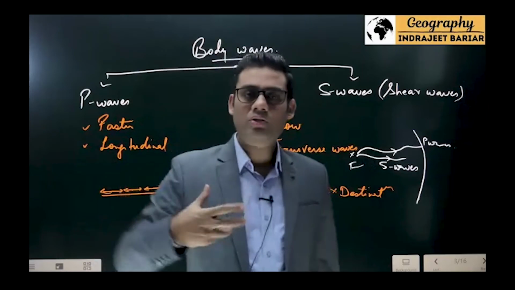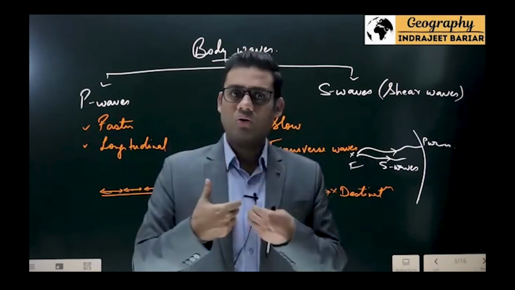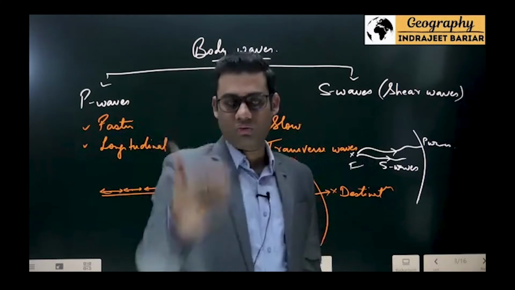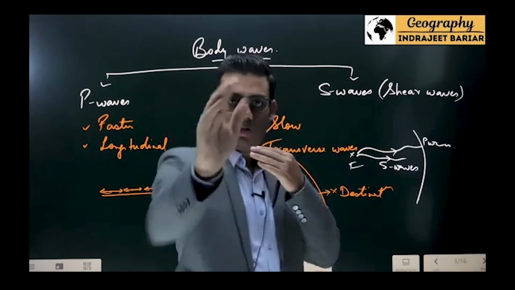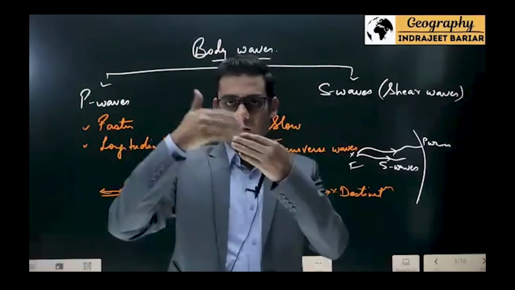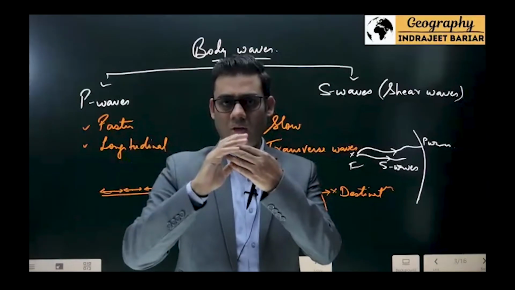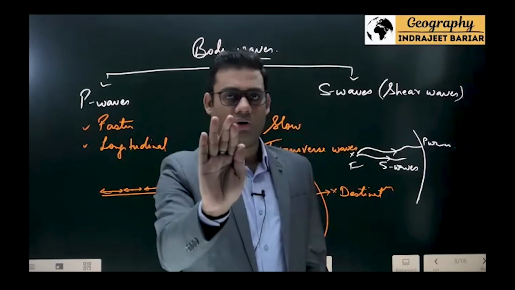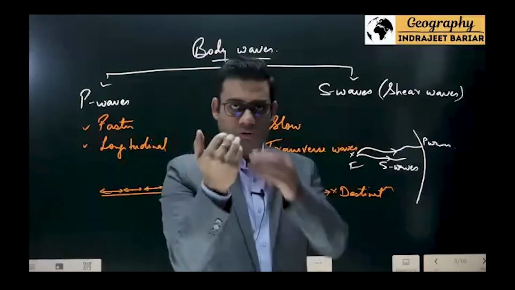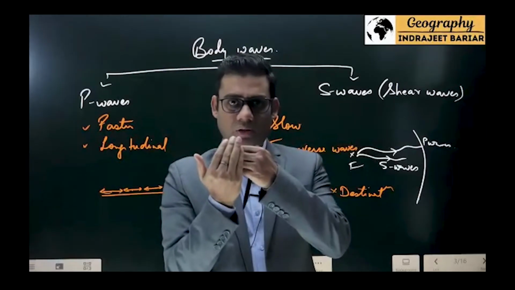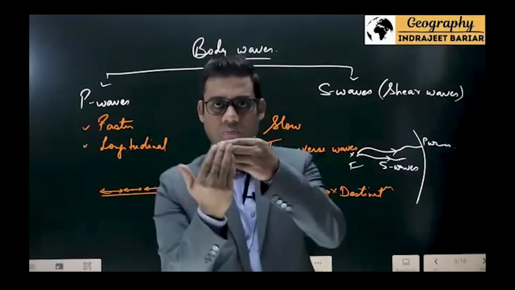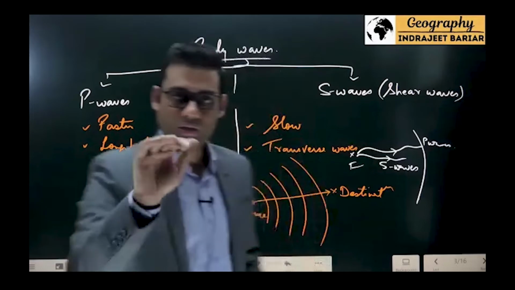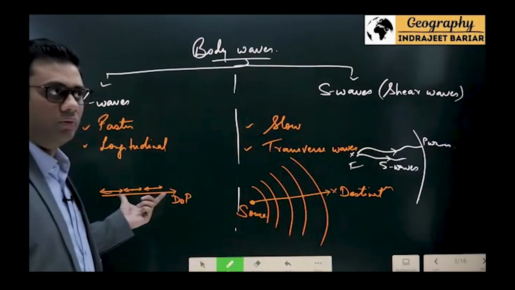So take for instance sound waves. I'm standing over here, there is this camera, I'm speaking, and the sound is reaching over there, let's say you. As I speak, the sound reaches you; this is the direction of propagation. How is the air vibrating? When I speak, the molecules of the air are pushed forward, and then due to elasticity, they come back. Then again push, come back, push, come back. So the direction is like this, correct? This is what a longitudinal wave is.